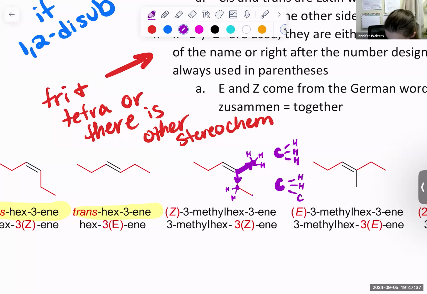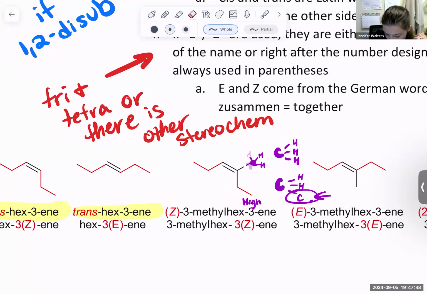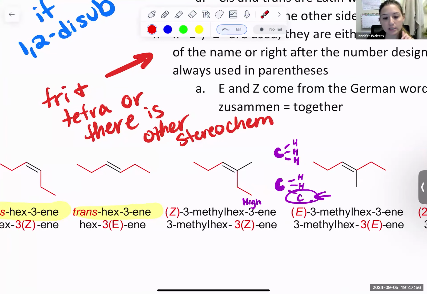Now, all of a sudden, I'm at the higher atomic number. That makes this the higher priority. So you go atom by atom until you find a difference. And then the higher atomic number makes you higher priority. That's why this ethyl chain, the 2 carbon chain, eth for 2 carbons, is going to be the higher priority